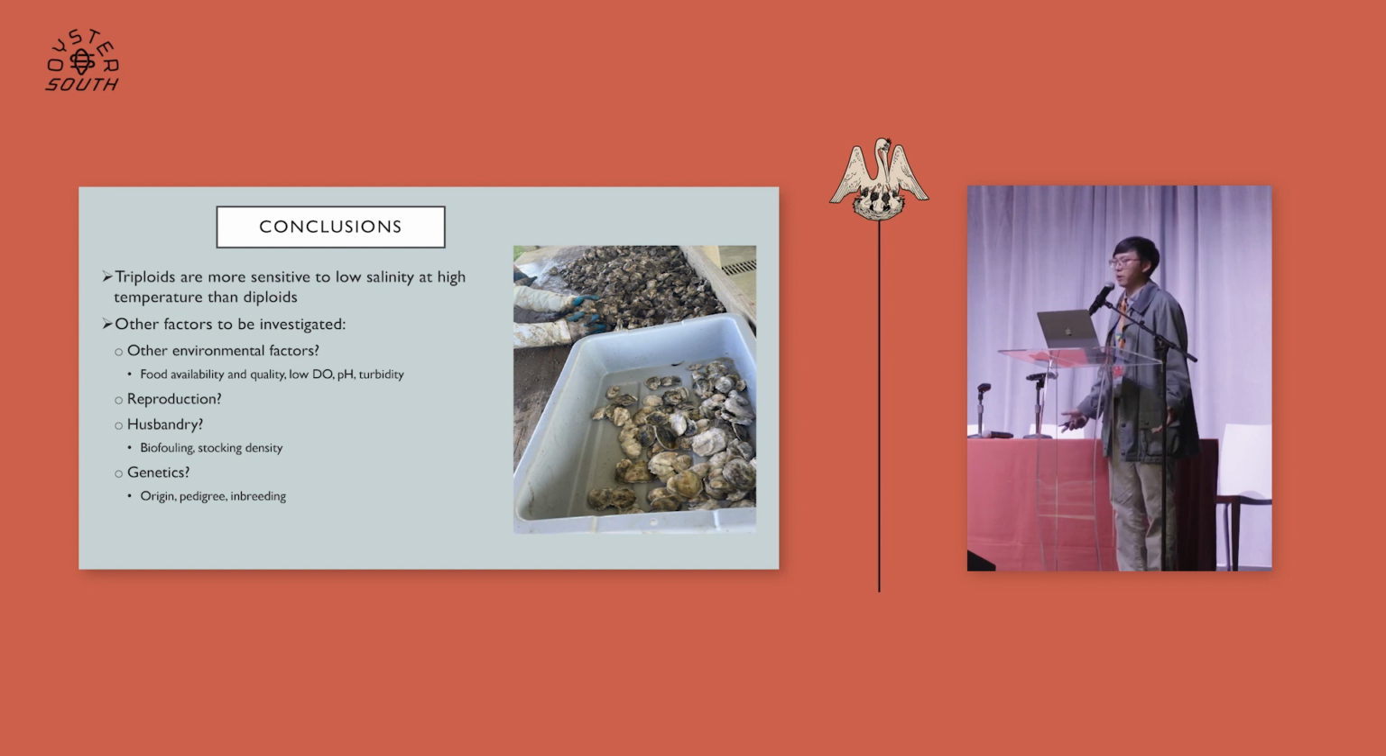However, we know that there are other factors to be investigated. There are other groups of things that are contributing to this differential mortality. These other groups may include other environmental factors such as food availability, differences in water quality, also questions about reproduction. How much more energy are these diploids investing into reproduction than triploids, and how does that affect the mortality? Different husbandry techniques that growers may be using, such as the stocking density, such as desiccation, these types of things could have an